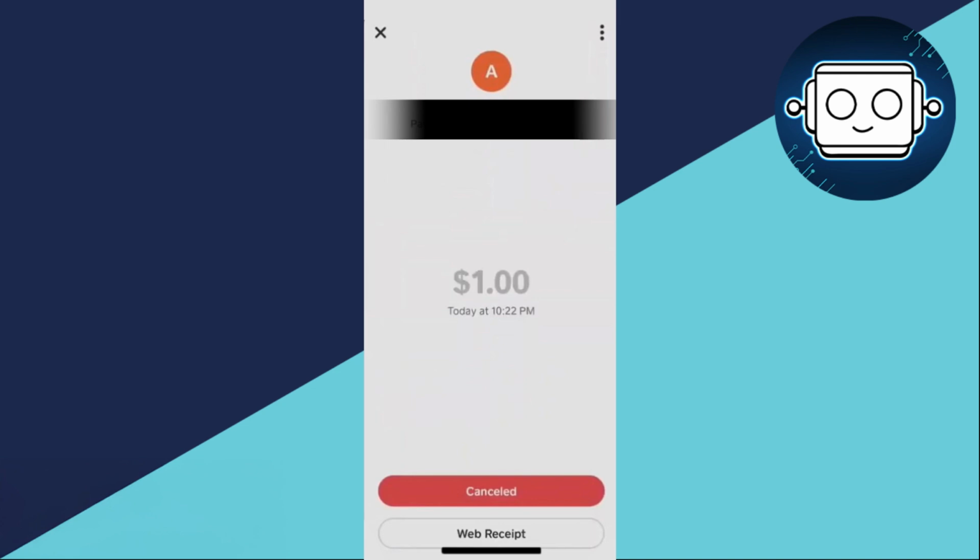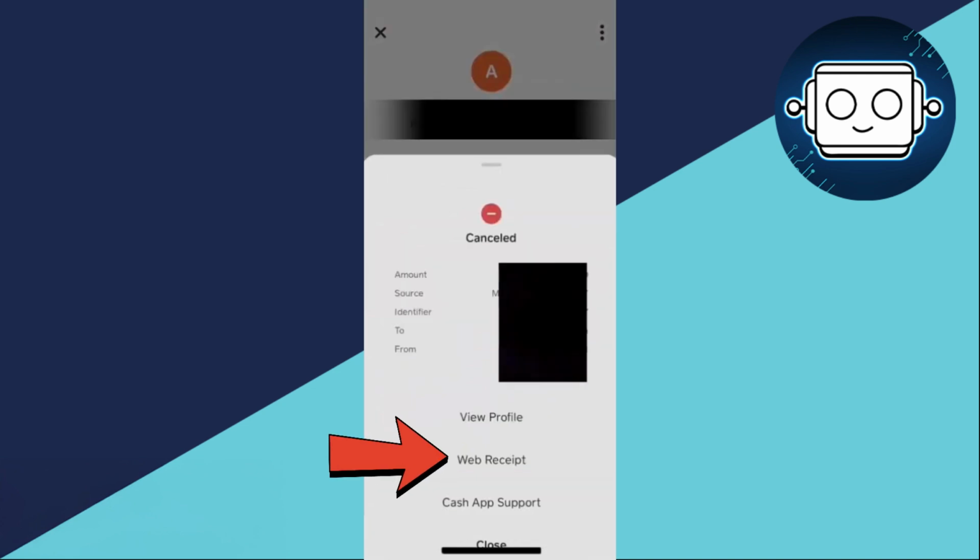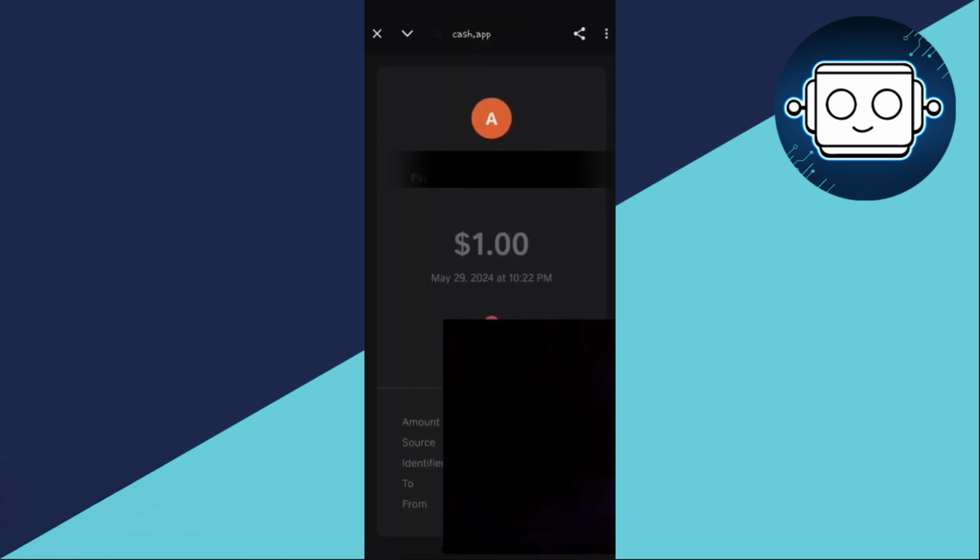Depending on your app version, you will either see a web receipt button at the bottom or need to tap on the three-dot menu in the top right corner. If you see three dots, tap on them to open a menu with multiple options. Select Web Receipt. Once selected, Cash App will open a browser on your device, displaying the web receipt for the